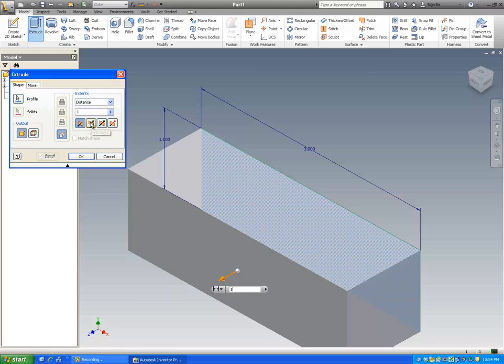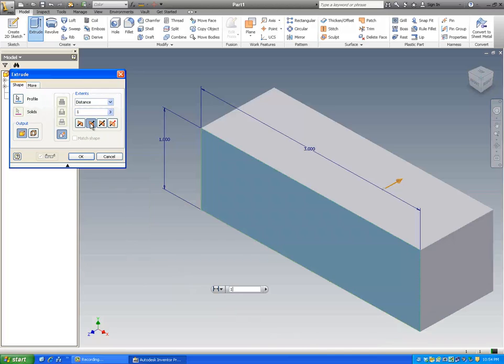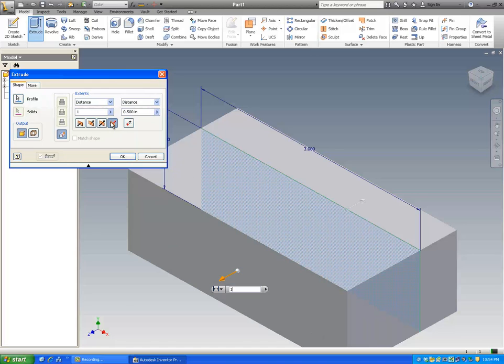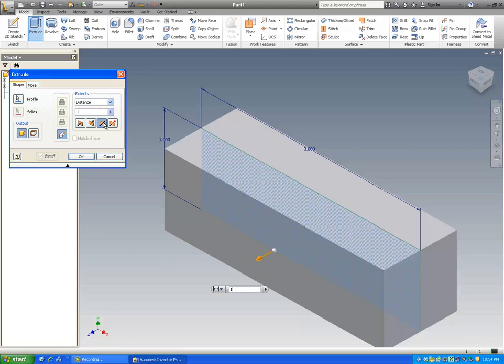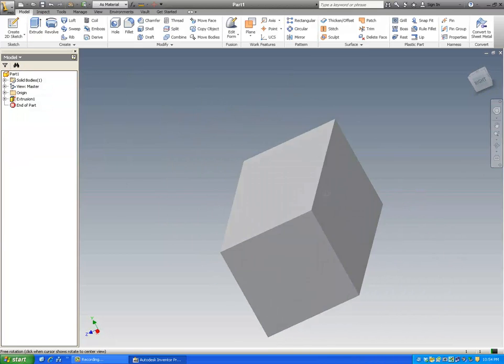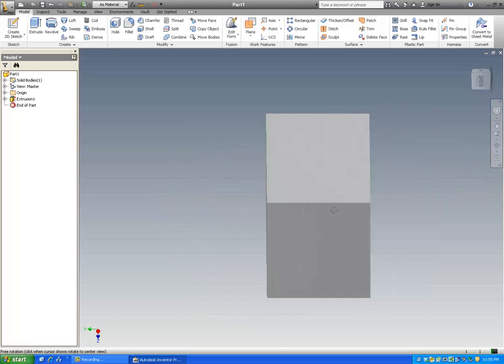So I can also extrude it back from the profile. I can extrude it from the center of the profile both ways, which I would suggest you do. Okay, and I can make it asymmetric. So I want to pick this one where I extrude it both ways and click OK. So there, I go to my free orbit tool, and there's my first 3D